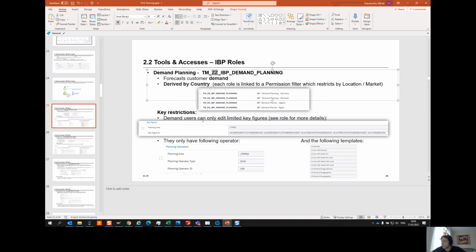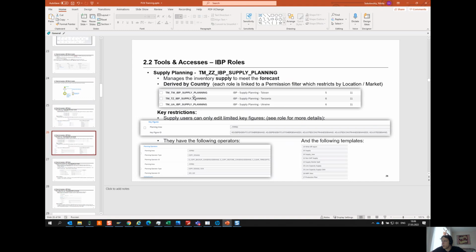EG is for Egypt, and so on. So every role has its own parameters. I will show it later in the system because on this screenshot, it is not really representative for you to understand, I believe. So we have demand planning roles, supply planning roles based on the same principle,